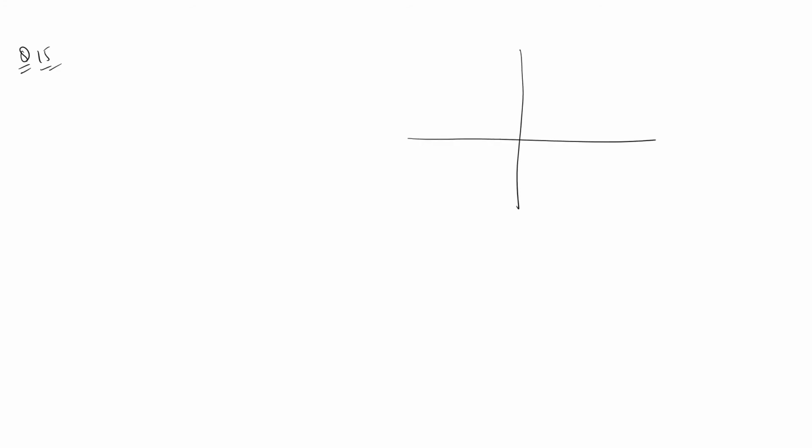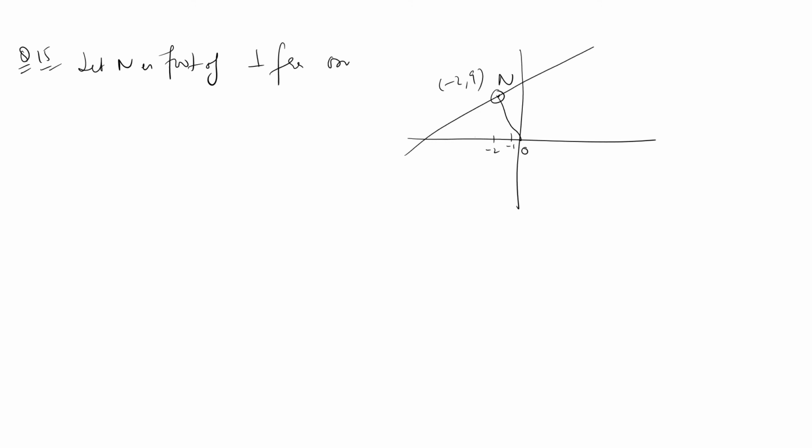So ये देखिए minus 2, 9 आपकी यहाँ जैसे होगा कहीं, minus 2 यहाँ हो गया, minus 1 यहाँ हो गया, और मान लीजिए minus 2, 9 हो गया, ठीक है। So perpendicular जो है वो origin से यहाँ मीट कर रहा है minus 2, 9, ठीक है। तो ऐसा कर लेते हैं कि let N is foot of perpendicular from origin to the line, ठीक है।